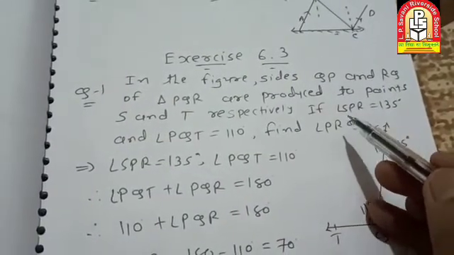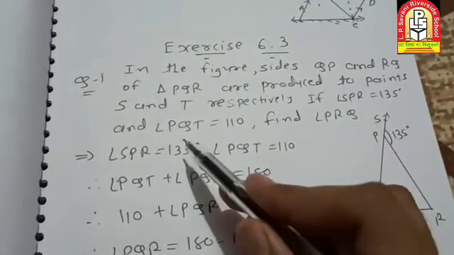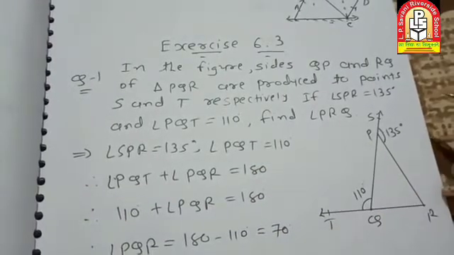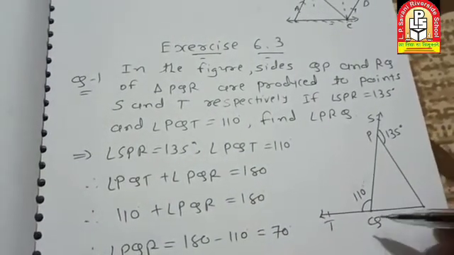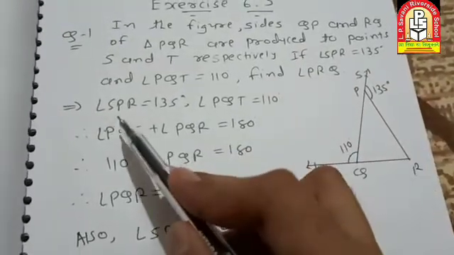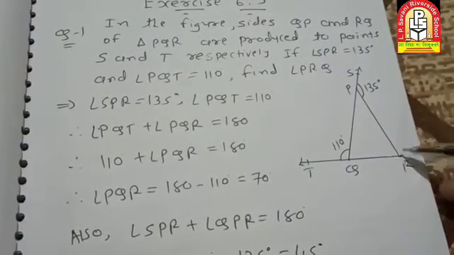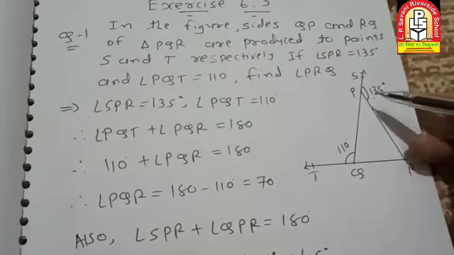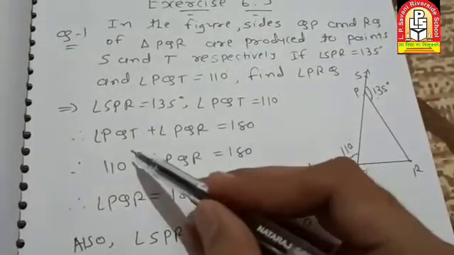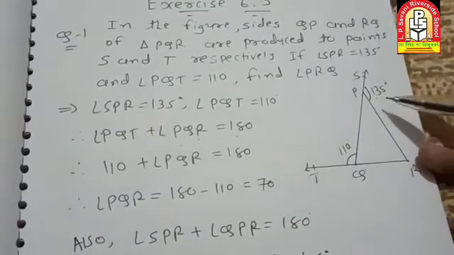If angle SPR is equal to 135 and angle PQT is equal to 110, find PRQ from the figure. First of all, SPR is equal to 135. Then PQT, that is 110. So PQT and PQR